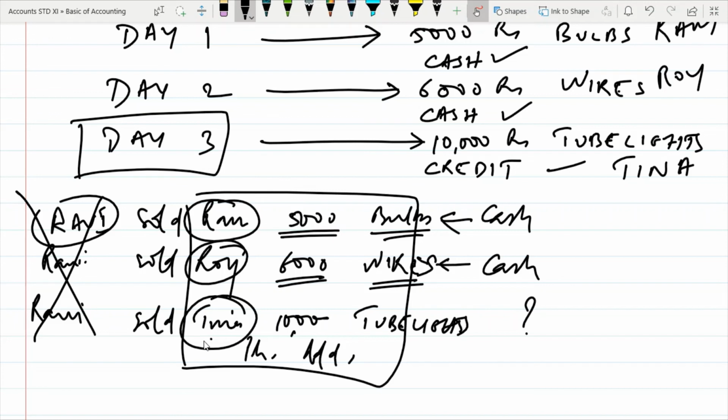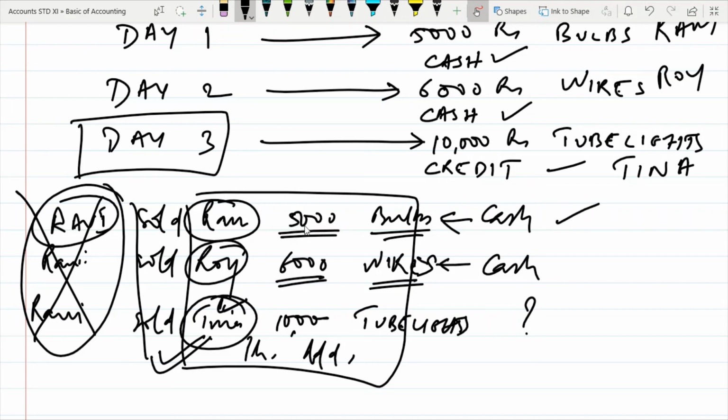Okay. In this case, when you're selling on credit, we take all details, and obviously address and phone number we already have, so we do not record it in the accounts part. In the accounts part, we will record the name of the person, especially when we sell on credit. Now, this is just one way of solving. But the most important part here, what I was trying to stress here is, you do not write your name. Your name is not written in your own books. In your own books, you will record everything else.